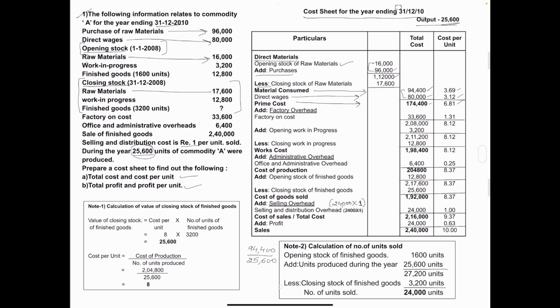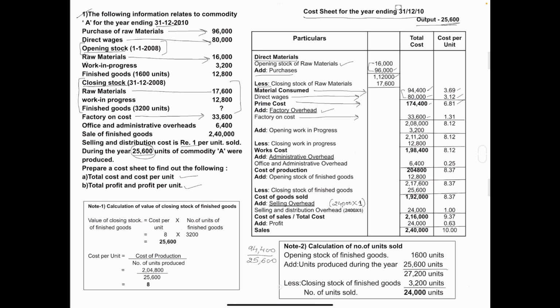Okay. After prime cost, we have to add factory overhead. Any expenses or any overhead related to factory. Like rent and rates of factory, depreciation on factory building, then works manager salary, lighting, fuel, power, etc. All these items we have to take under the head factory overhead. Okay. So in this problem they have given only one item, that is factory on cost. So write here factory on cost amount is